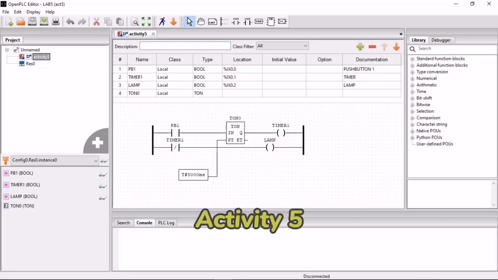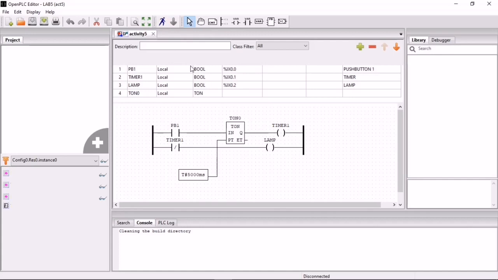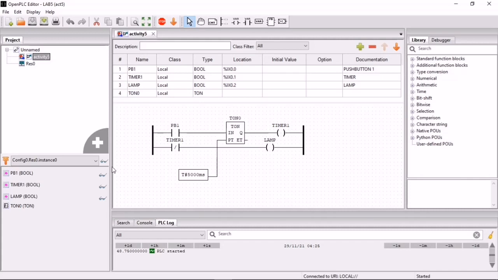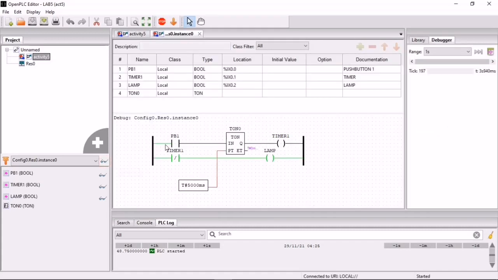Okay, next I will explain about the simulation for activity 5. This is the circuit made using the PLC editor. First we need to run it. After it's ready, now we debug. Now we can see that the lamp is on, right? So when we push the button PB1,